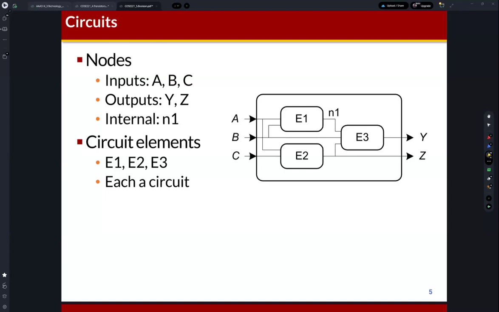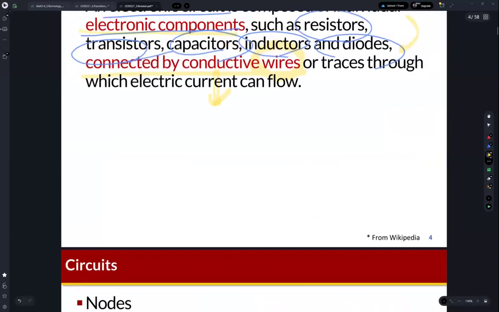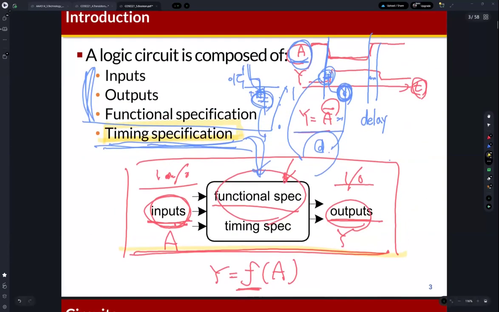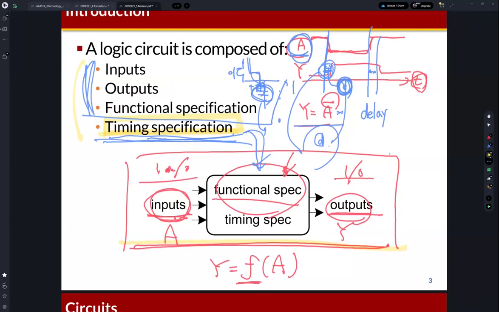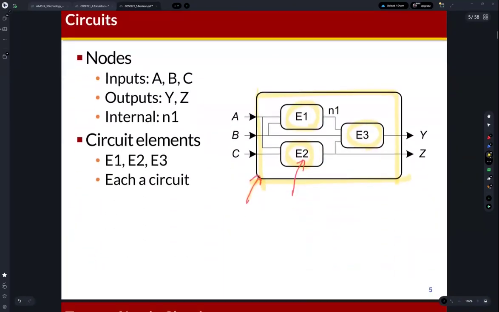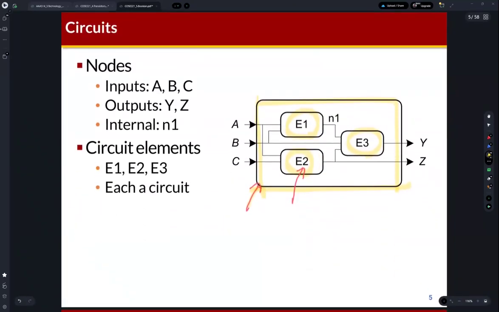So you can find a large rectangular box here, and inside of the box you can find the smaller boxes, E1, E2, and E3. If you see the definition of the logic circuit, these are components of the logic circuit: input, output, functional specification, and timing. Okay, so if we apply this knowledge to this large box,